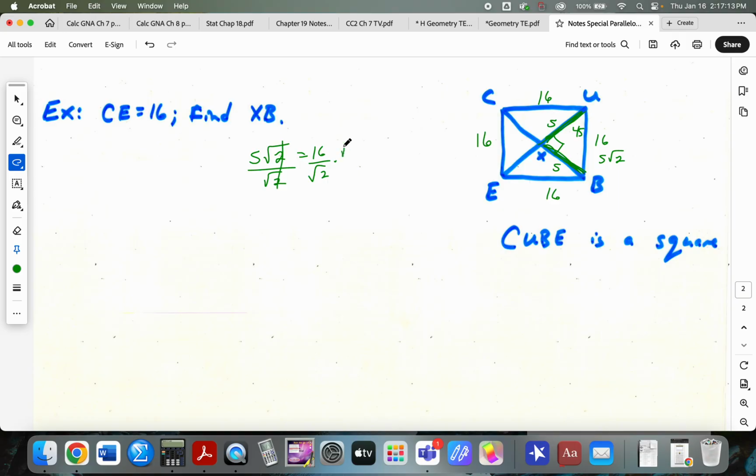We'll rationalize the denominator. We get 16 square roots of 2 over 2, which is 8 square roots of 2 for SB. Any questions? Okay,